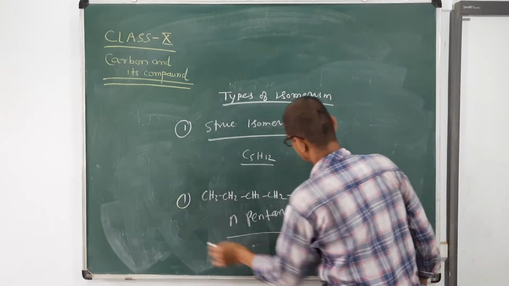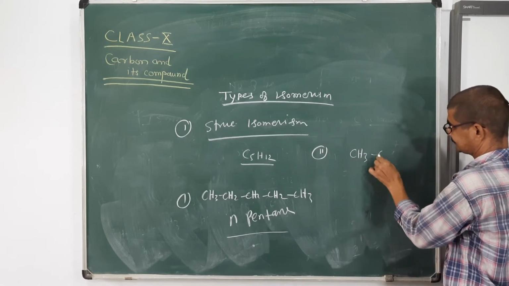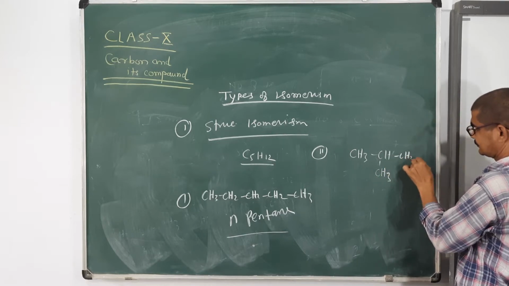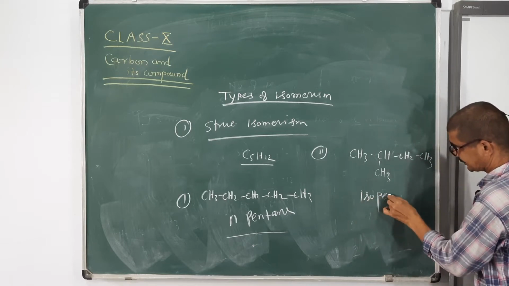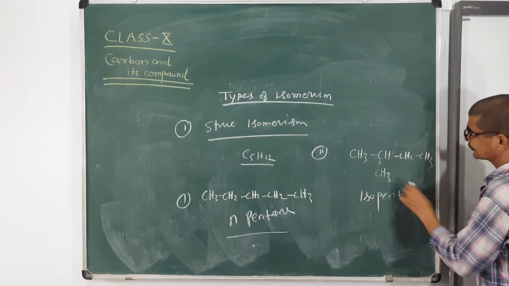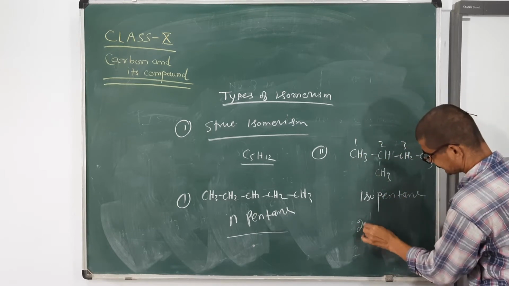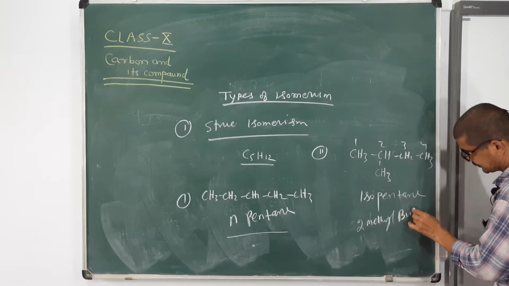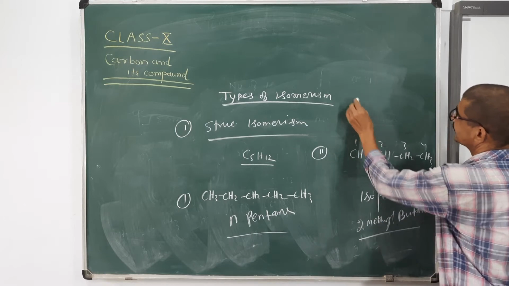Number 2, isopentane, 2-methyl butane, which is also known as 2-methyl butane. And the third one is